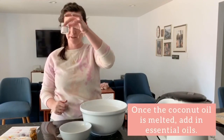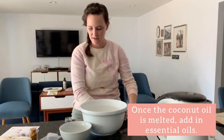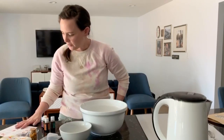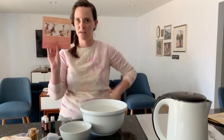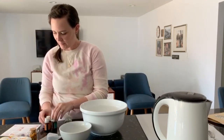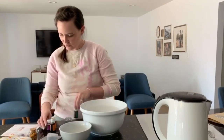Now that your coconut oil is completely melted, you're gonna add in your essential oils directly in with it. So we have a recommended recipe here, but you're welcome to use any recipe that you want. We recommend about 35 to 40 drops on here, and it tells you on the other side exactly how many, so you can play around with it, but I'm gonna follow along the recipe that I tried and love. So we're gonna do 20 drops of lavender,